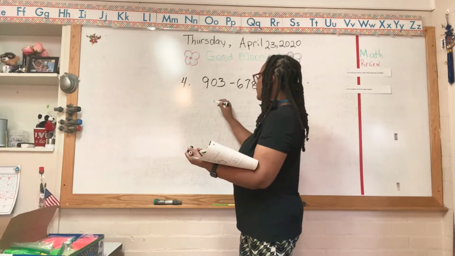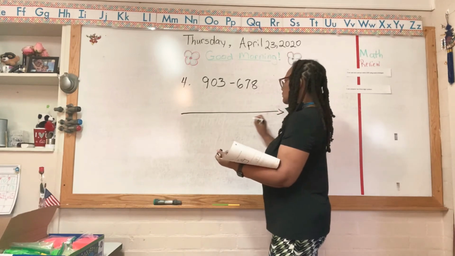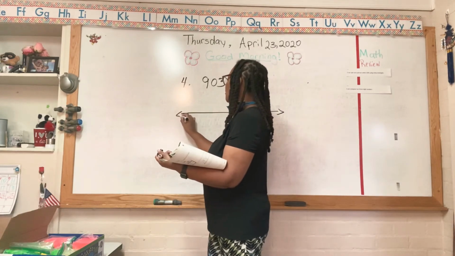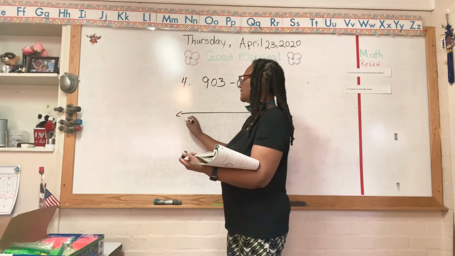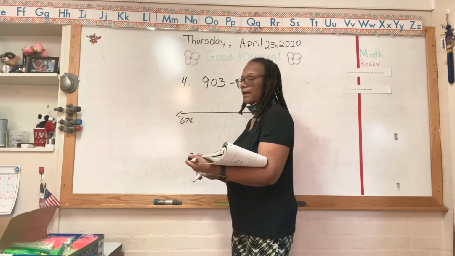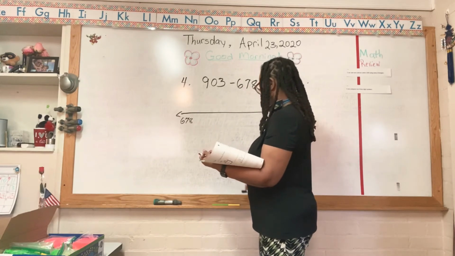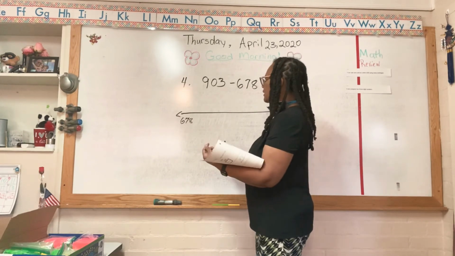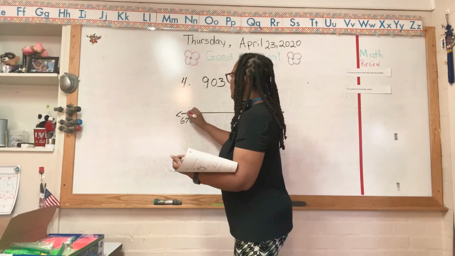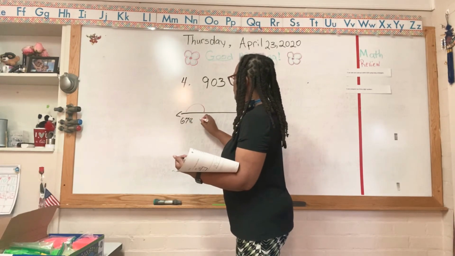Okay, another number line. Let's start at 678 and find out how many hundreds we need to add till we get to that 903. All right, so we're going to add 100, which would be